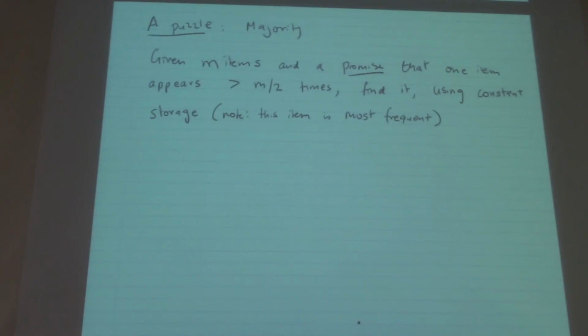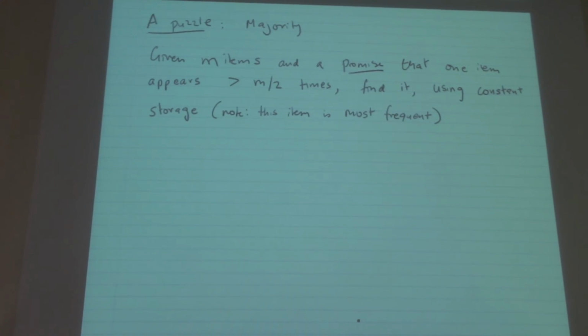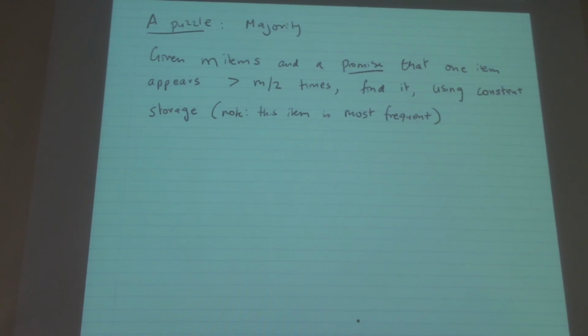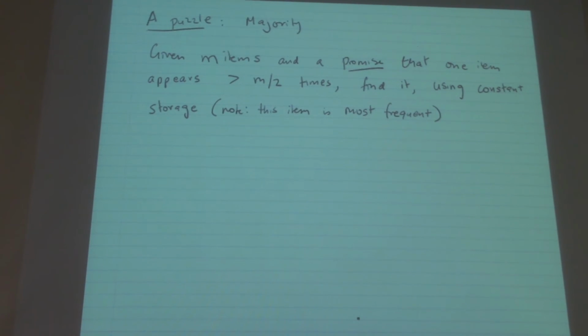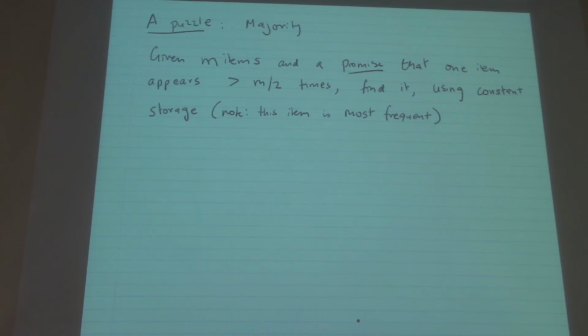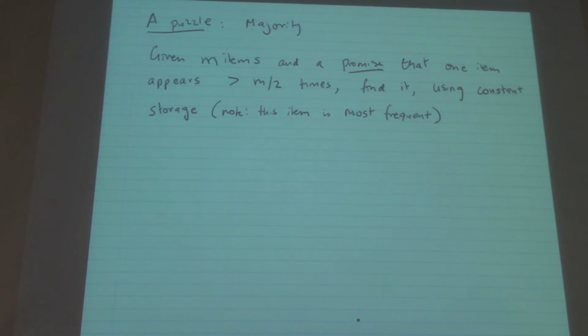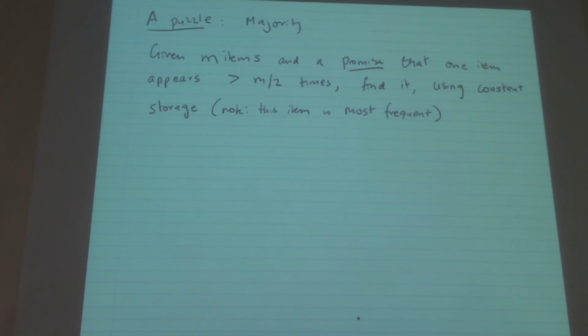Pick a number randomly, and the probability that you are correct is more than half. I don't know why you're all laughing. I'm thinking. You should be thinking too. So pick a number at random. Because it appears more than m by 2 times, the probability that you are correct is greater than